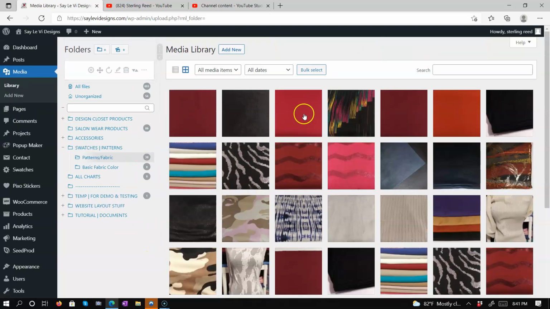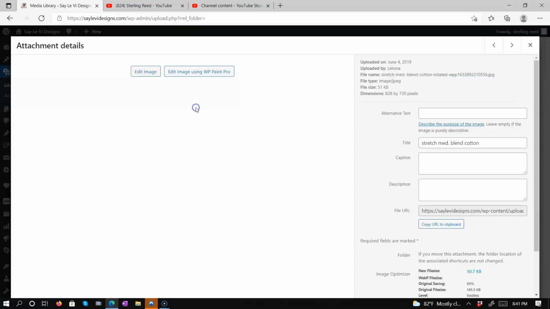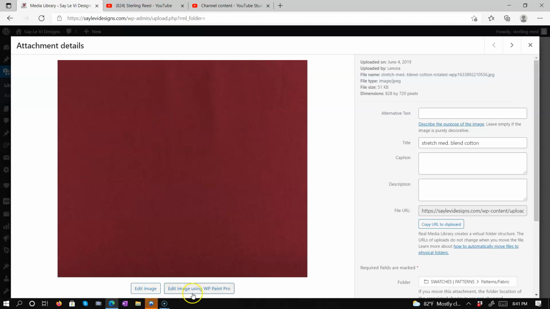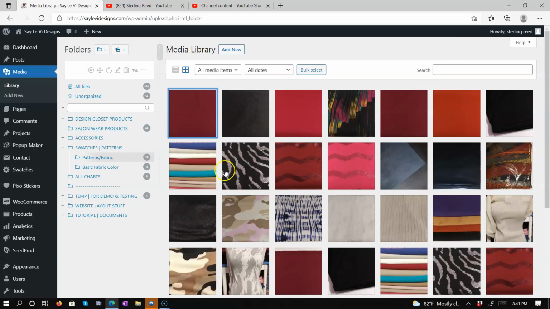So basically, that's how you do all of your cropping, and you do your resizing. You use the software. You click on the actual picture that you want to do, and you go right into edit image. And again, you can either do it yourself by uploading it already cropped or already resized, or you can do it from within the software. So that should conclude how to edit